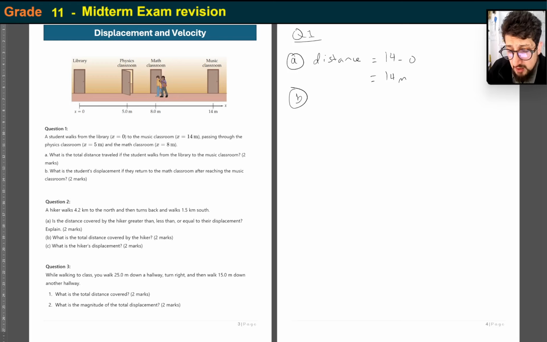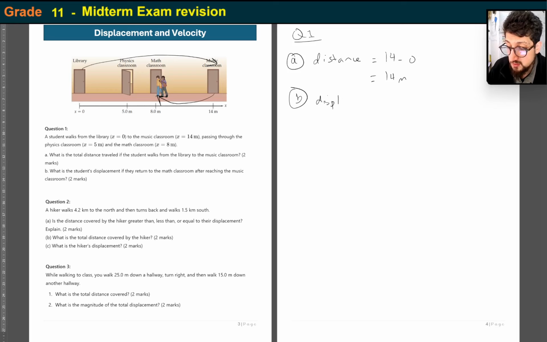Part B says, what is the student's displacement if they return to the maths classroom after reaching the music classroom? Okay, so now we need to think about this slightly harder. So they are going back to the maths classroom. So they've gone over here first and then over here. So they started here, that's the start, and they've ended here. Okay, that's the end. So since we know the start and the end, we can work out the displacement, because remember, displacement is the shortest distance between 2 points. So it's going to be